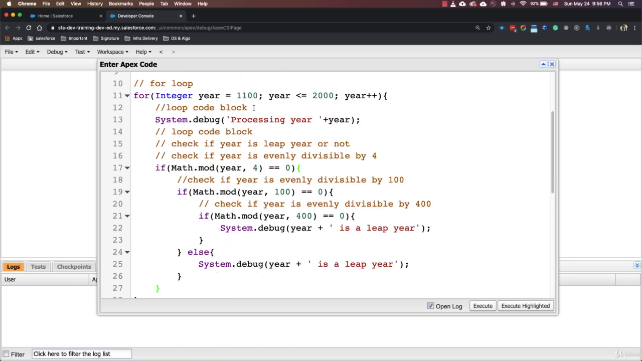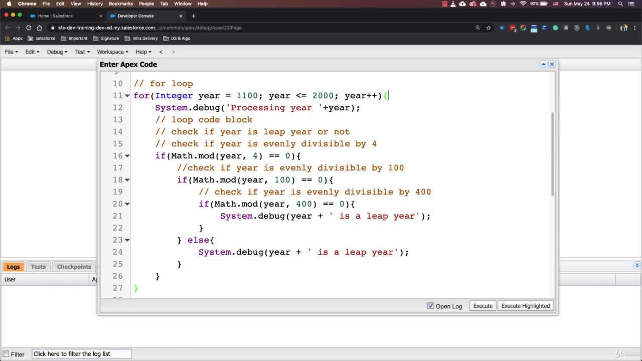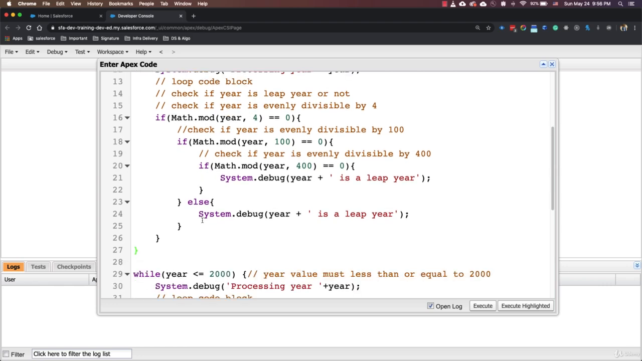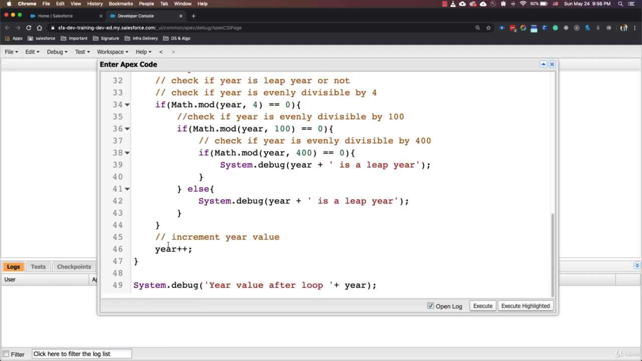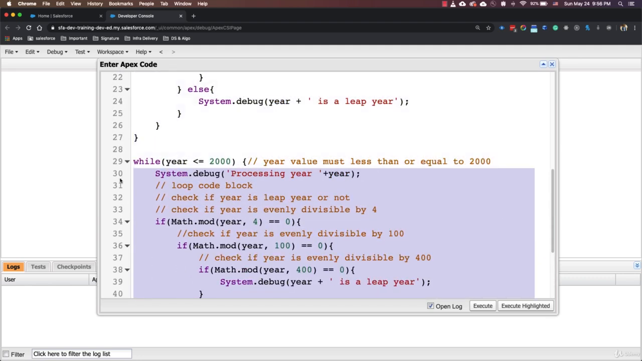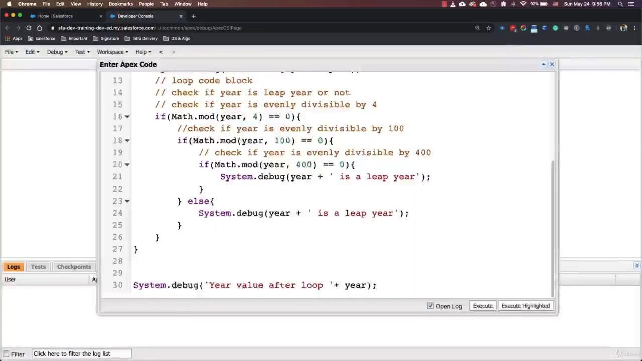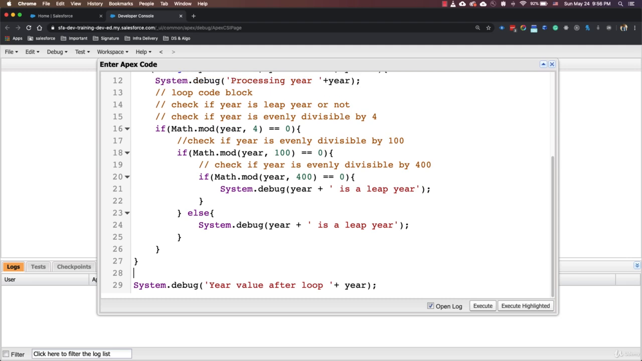Let's paste our code, remove this line as well. And I think we are good. Let's remove all this unnecessary code now, and we'll still use our last line, which is the year value after